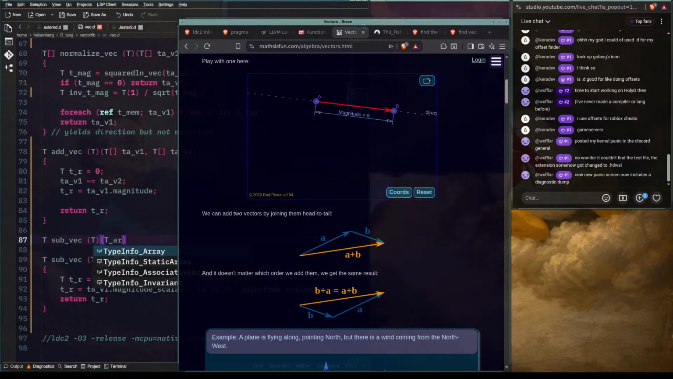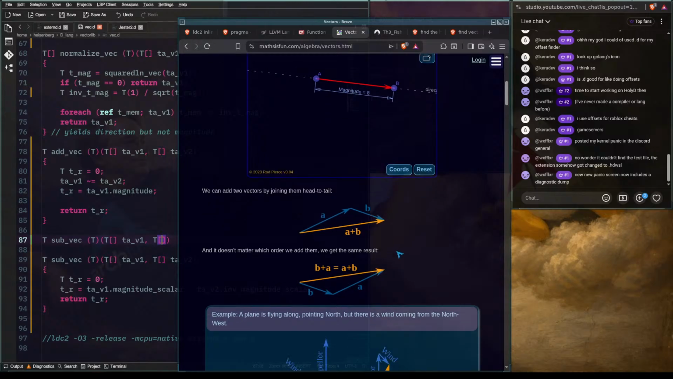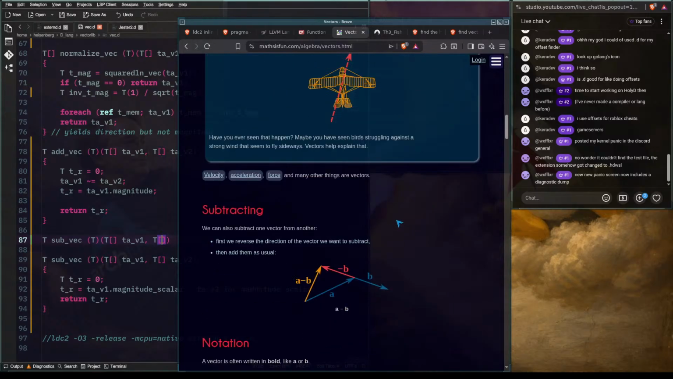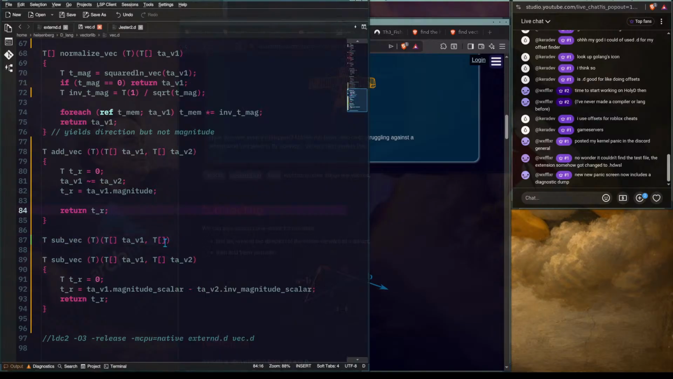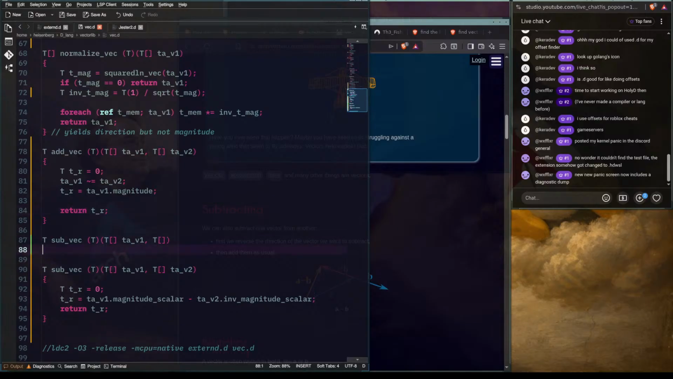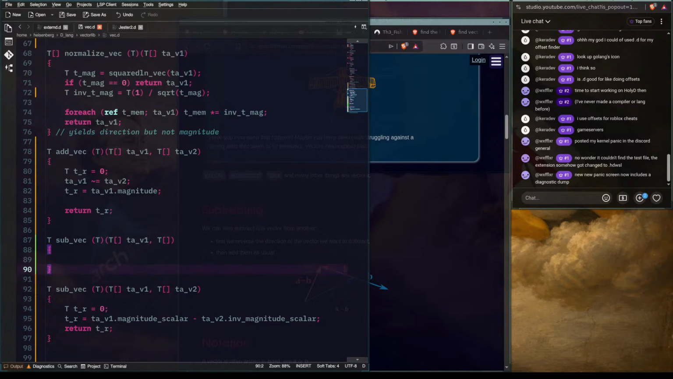T array subvec takes T array TA V1, comma T array. So how does this one work? So subtracting, we can also subtract, first reverse of the one we want to subtract. All right. Where TA